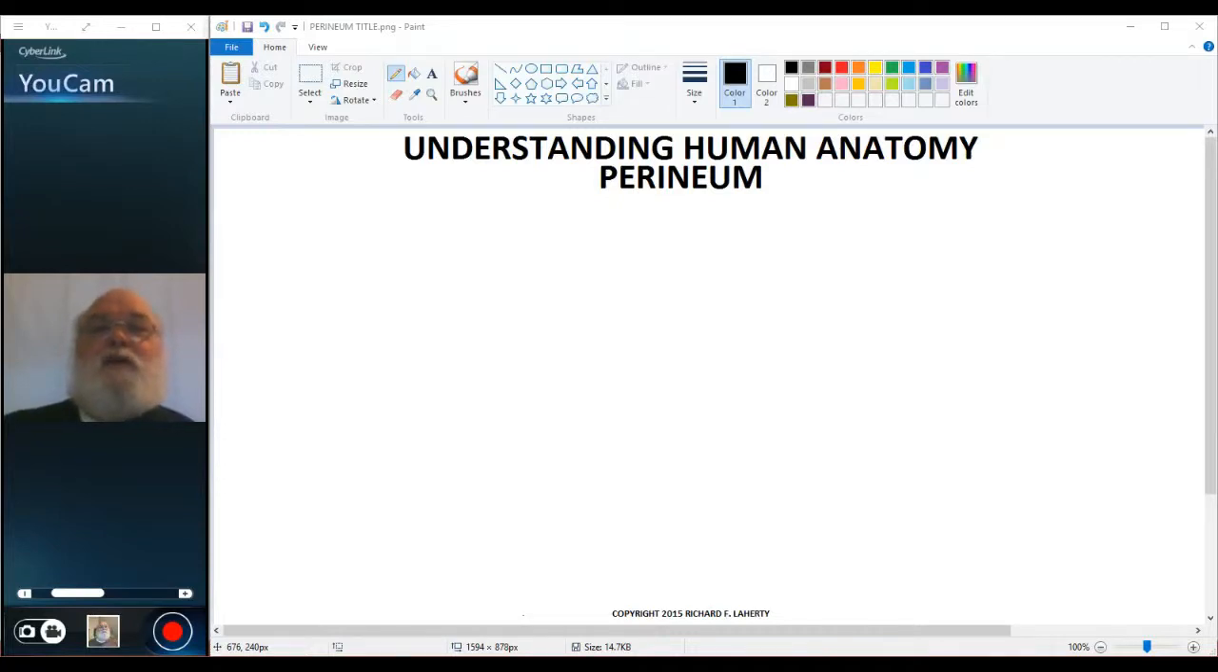Welcome to Understanding Human Anatomy and the continuing discussion of the perineum, and in particular the female urogenital triangle. Now, I want to start by doing a coronal section that will pass through the vagina and, of course, through the obturator foramina. So I'm going to start by drawing in the skeletal elements,